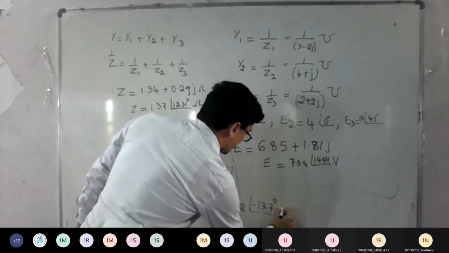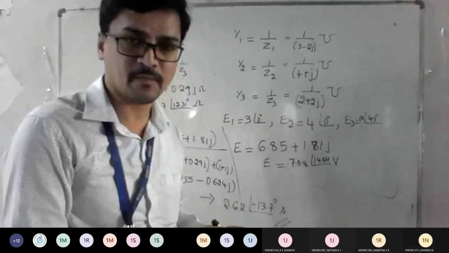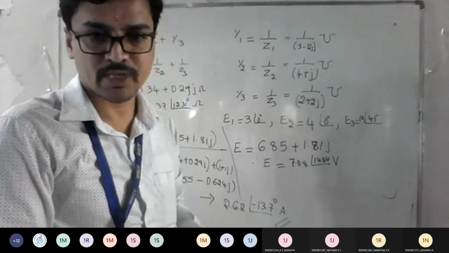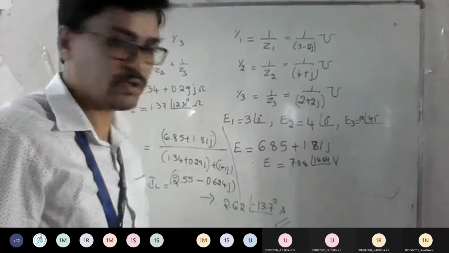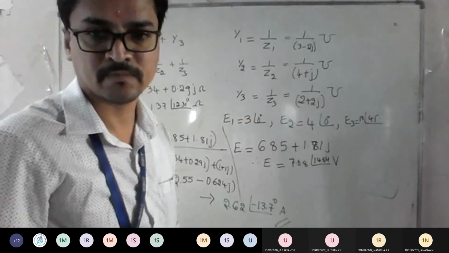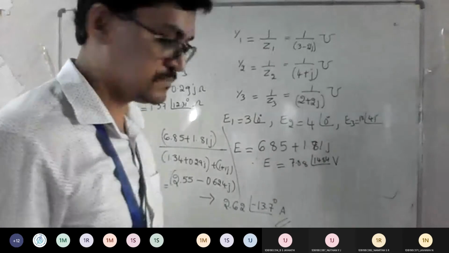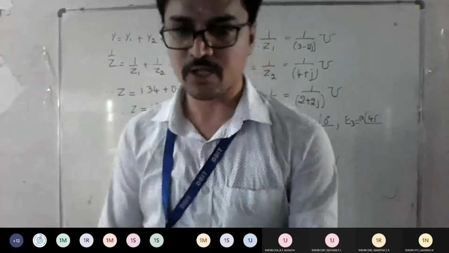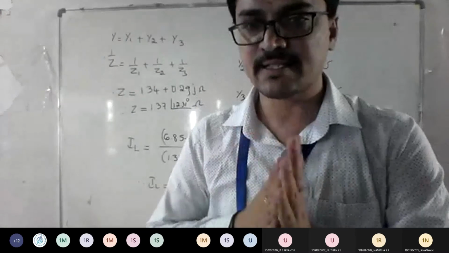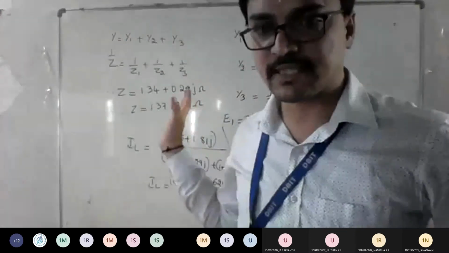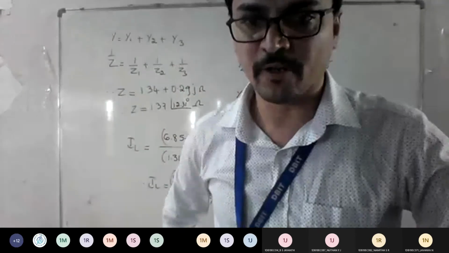Okay, so everyone got the same answer. Try to keep the answer in polar form because the question was given in polar form. Always try to keep the answers in polar form in AC analysis problems. Is it fine? So I hope everyone understood the logic of how to solve Millman's theorem for AC analysis type problems. Try to solve such problems, and it will be easy to solve independent-source problems for you.